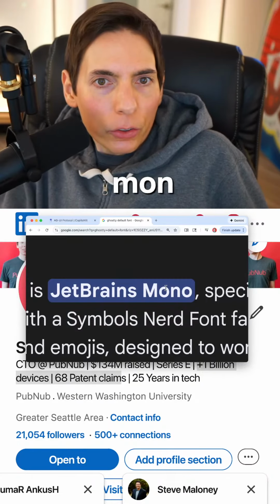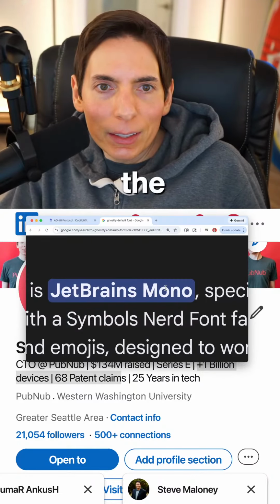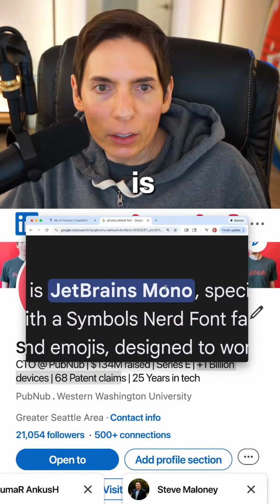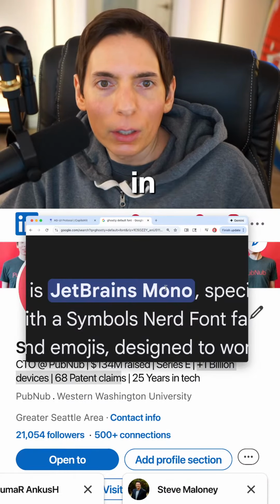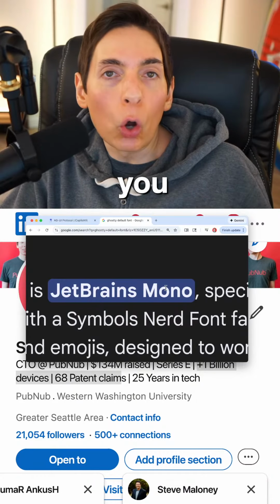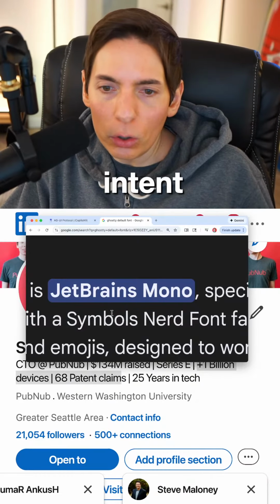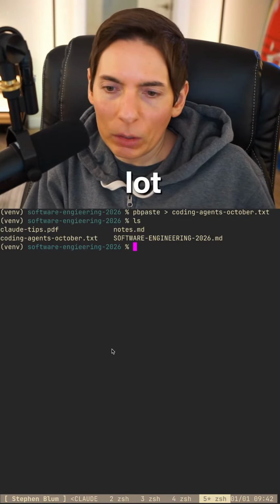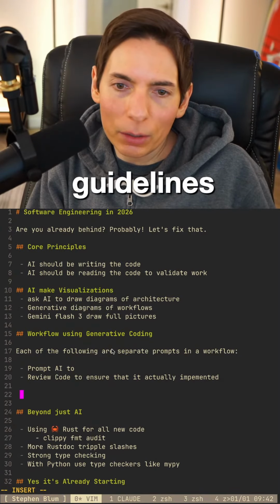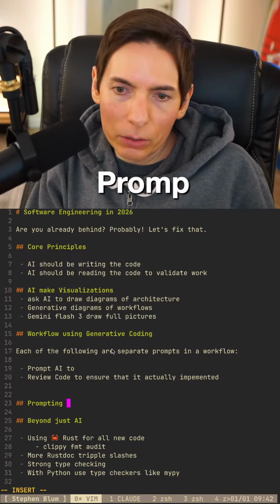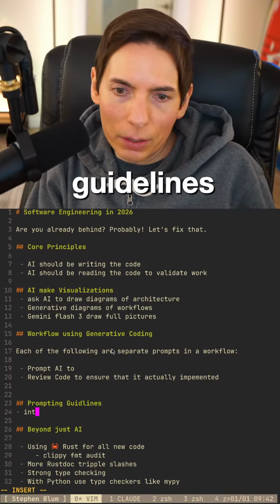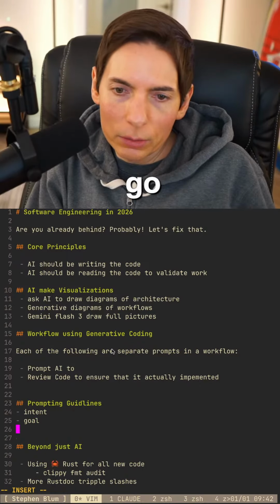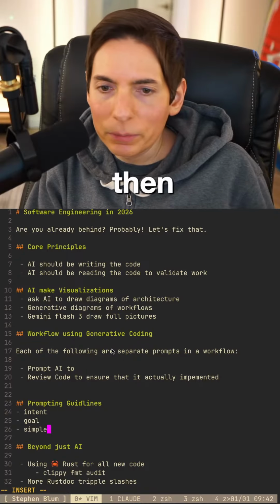Do you acknowledge that the intent is real and extremely important input? Well, yeah, you want to state your goal. Intent and goal. I think that actually helps a lot. All right, so prompting guidelines, right? Intent, goal, and then simple.